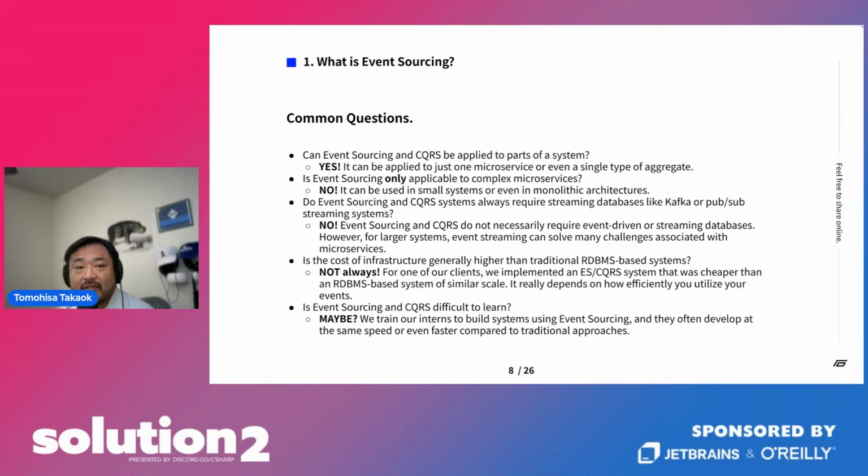Not always. Recently, I talked to a cloud solution salesperson, and we were talking about how we made an event sourcing system for our clients. They asked how much it cost, and I told them. The salesperson said, is that the daily cost or monthly cost?